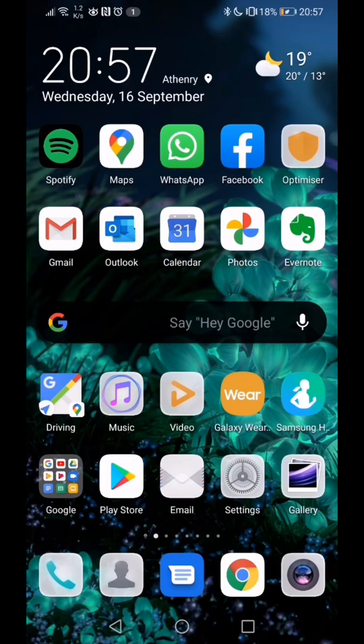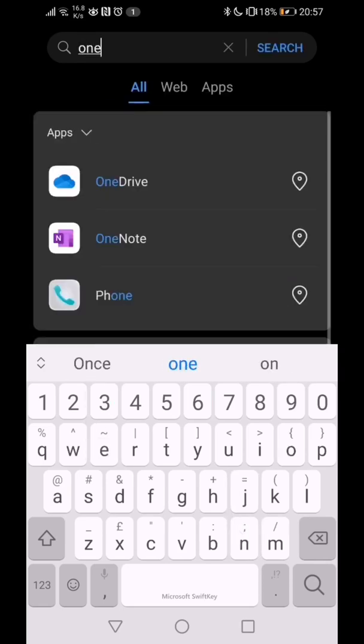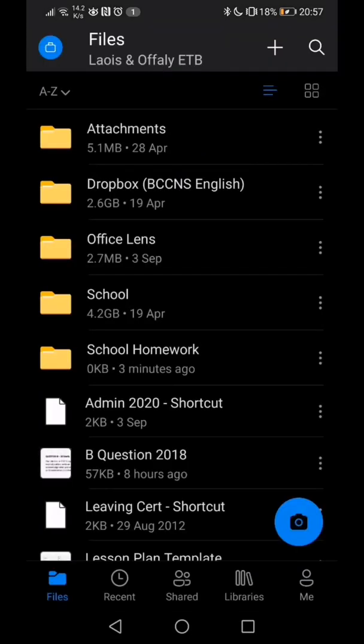Okay, so the next thing then, with the OneDrive folder ready to receive the files, the scans, we're going to look at how to scan your work into OneDrive. And this time we're looking at that blue camera icon in the bottom right hand corner. I'm going to tap on that. And it's set to document, which is what I want. Just make sure that